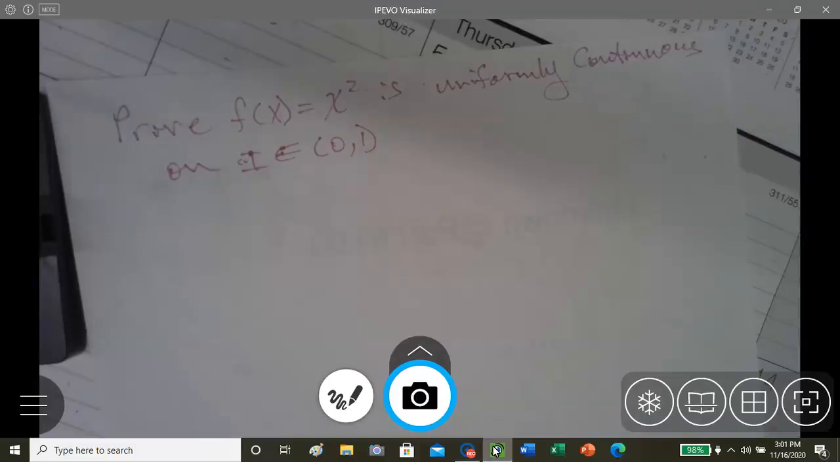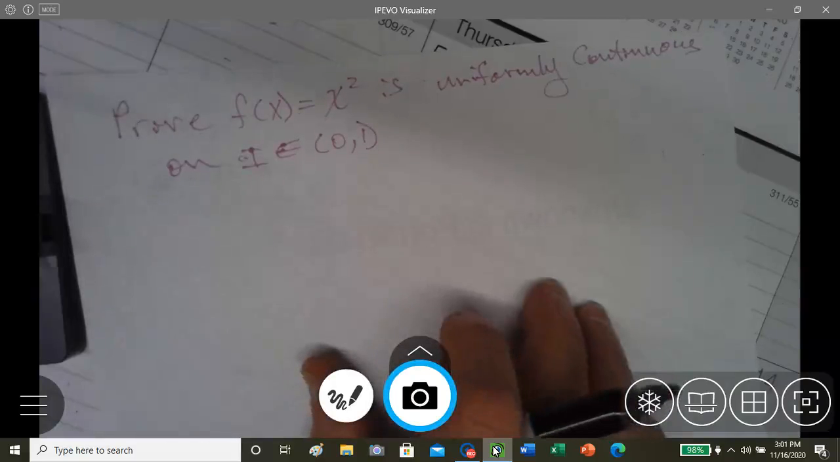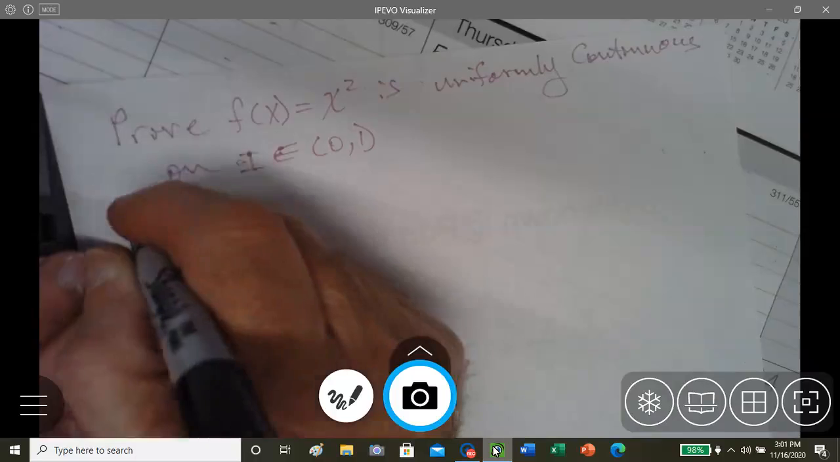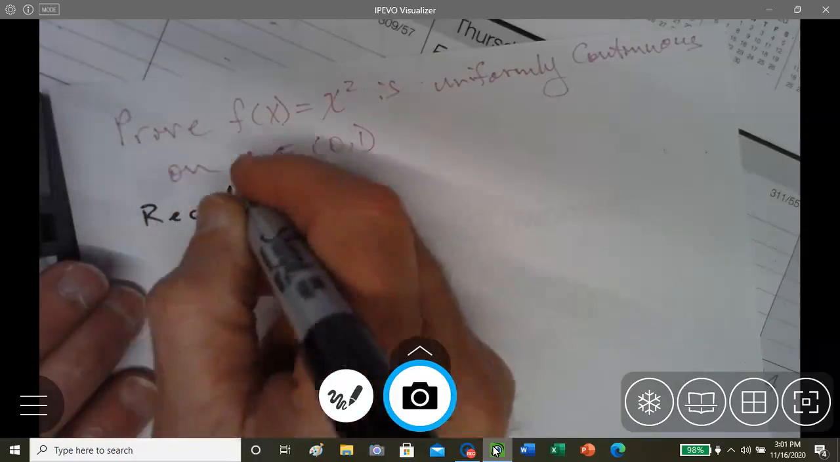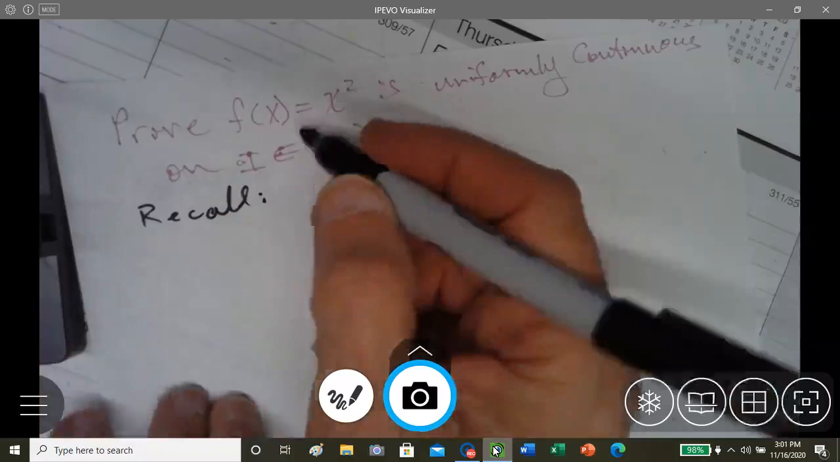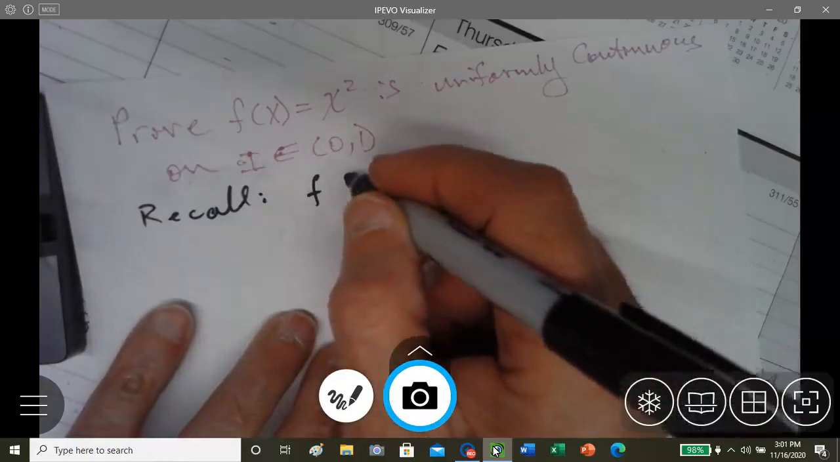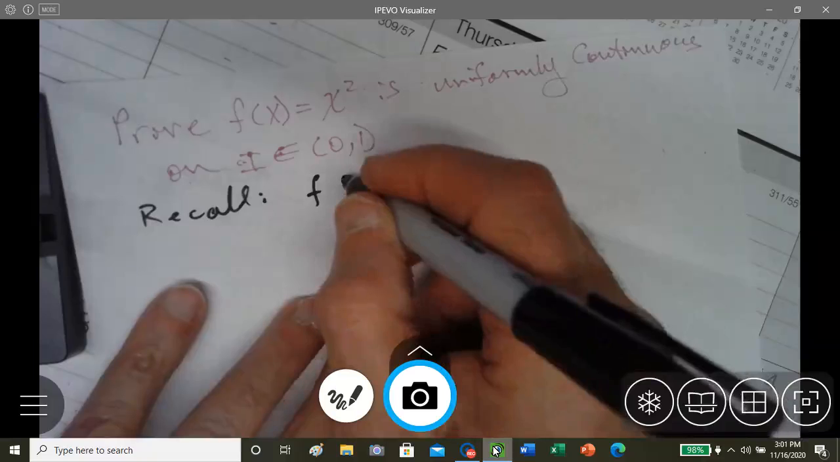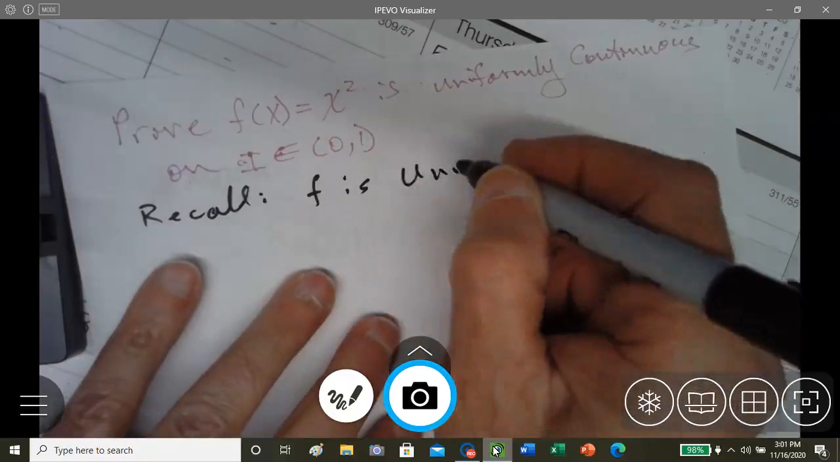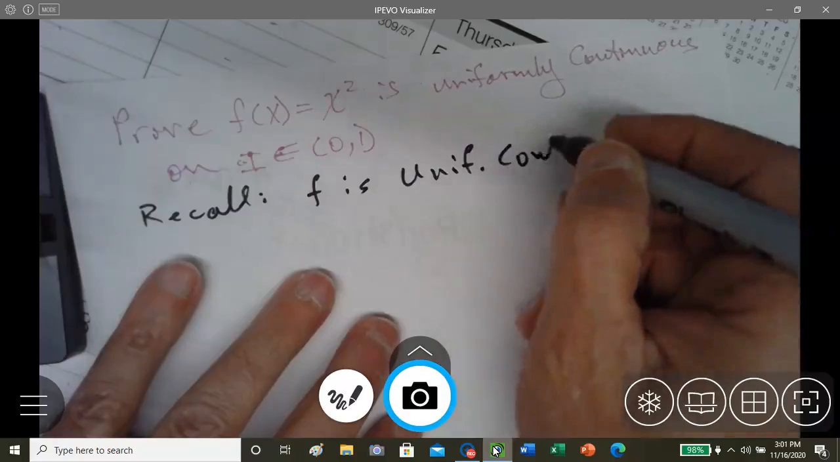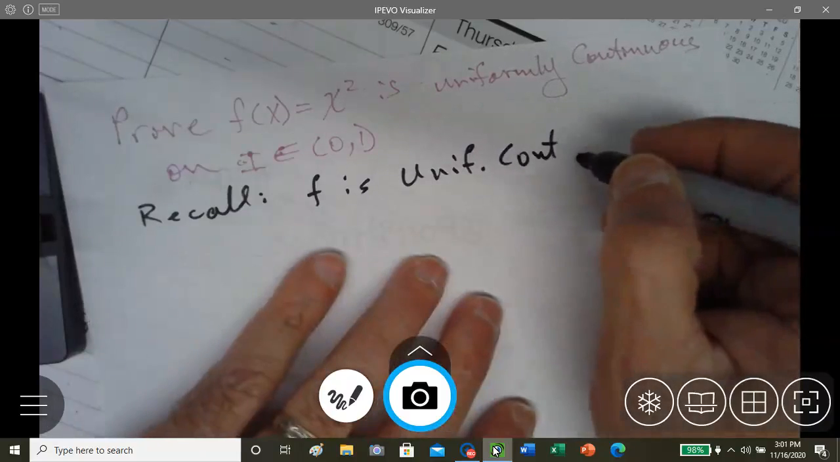Okay, prove f of x equals 2x squared is uniformly continuous on the interval from 0 to 1. Okay, so we want to recall that if f is a function, it is uniformly continuous if